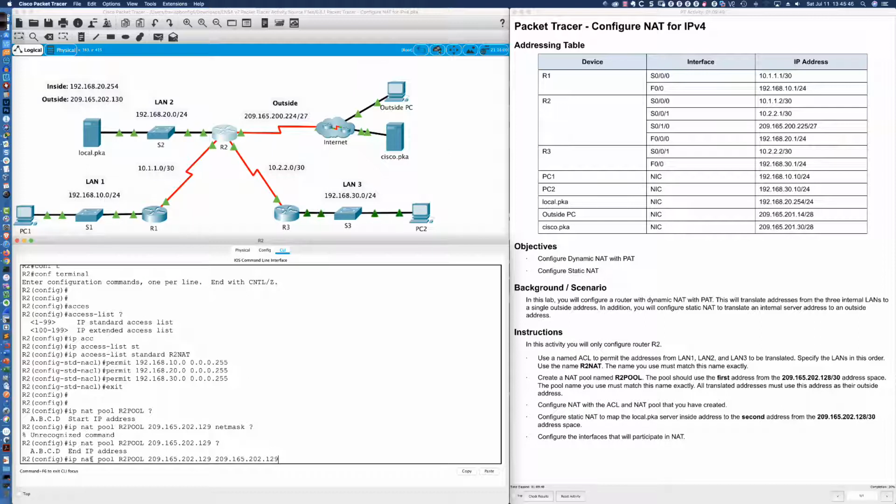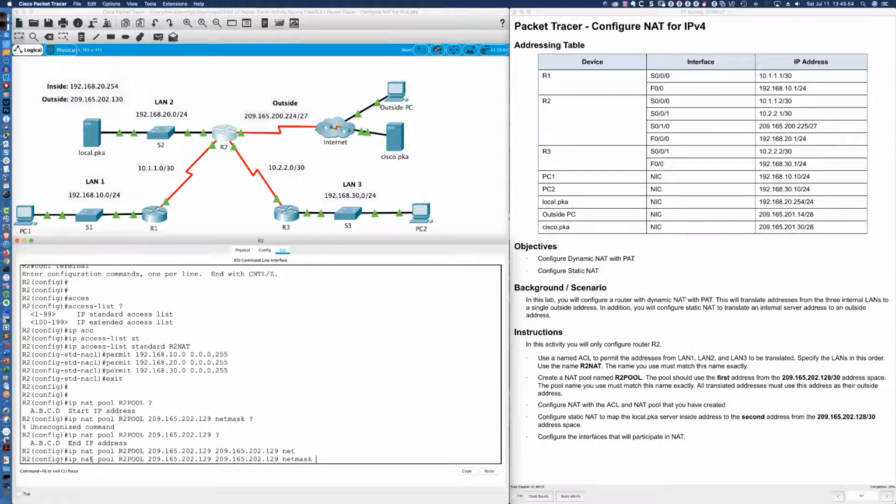Right? So I love the twist that they added into this lab, which we have not seen in the previous Packet Tracer activities. So now the netmask, and sometimes you might see learners think that, okay, so it's only one IP, so I'm going to do a /32. Well, no, you're going to stick with the subnet mask as shown over here.